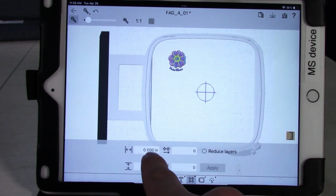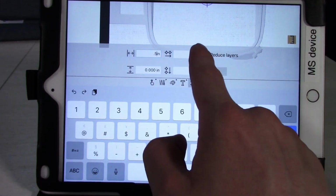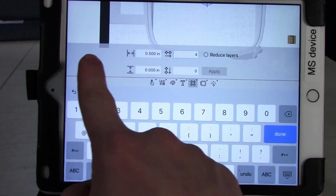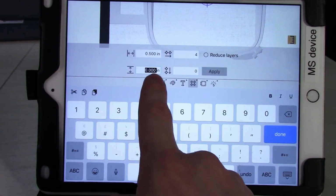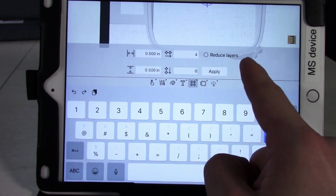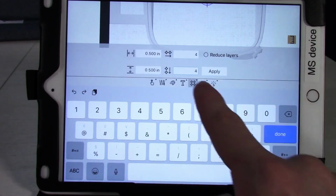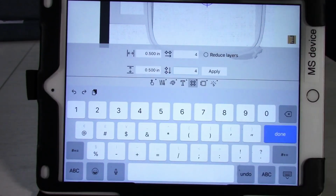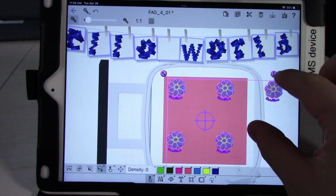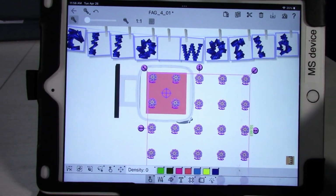So I would like these to be spaced half an inch apart, and I want there to be 4 of them going across. Then for the same thing, I want them to be half an inch apart, and I want 4 more going up and down. So it's going to copy it and make 4 of them going across, and then copy that 4 times going down. So if I click apply, we're going to have this brand new array of